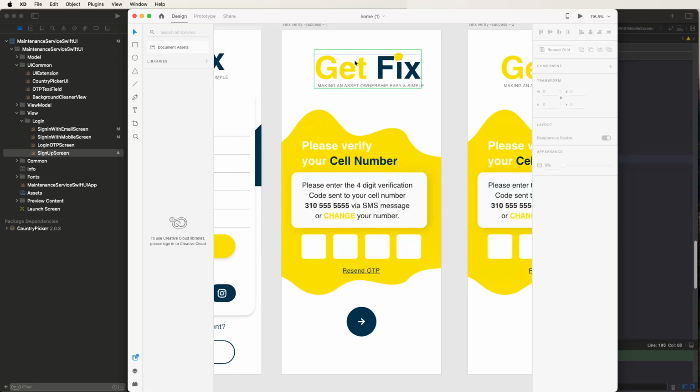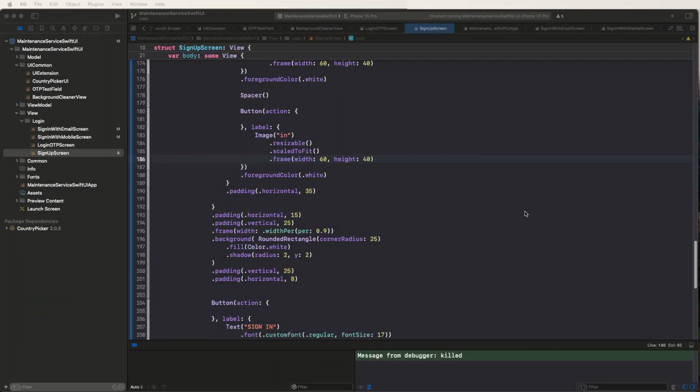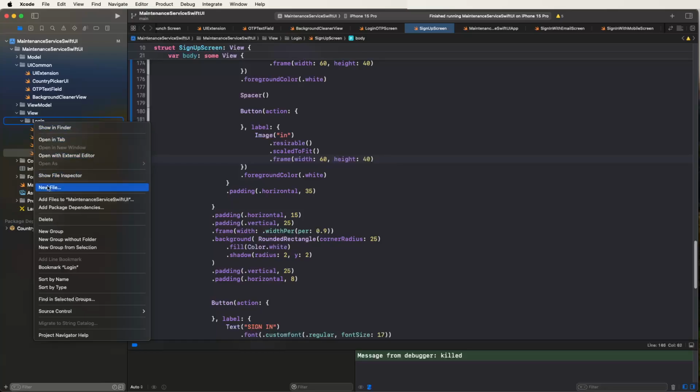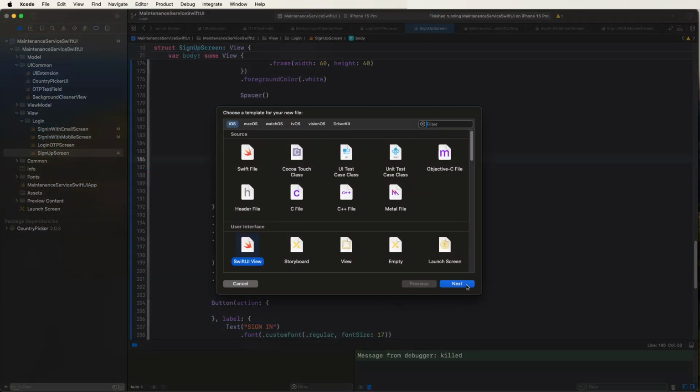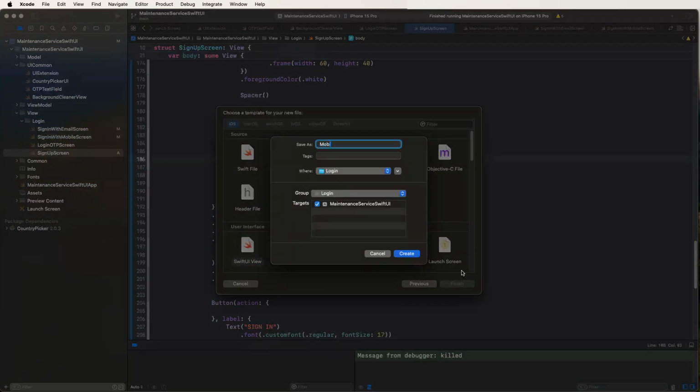First of all, we need to put the logo, then the buttons, and then we need to develop this UI. Let's start writing it down. First of all, we need to create a new file and give it the name mobile verification,